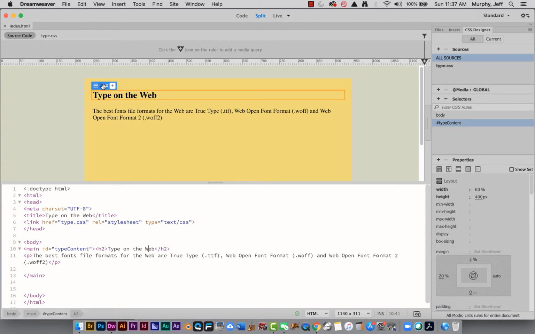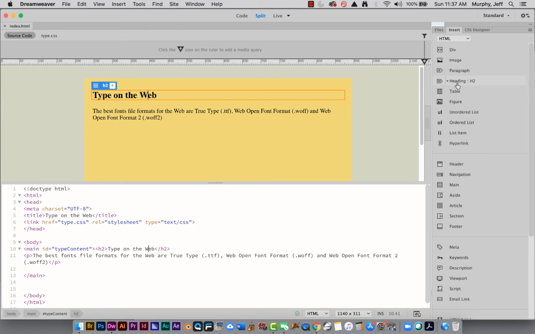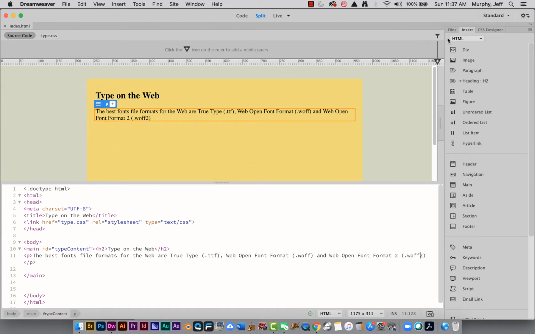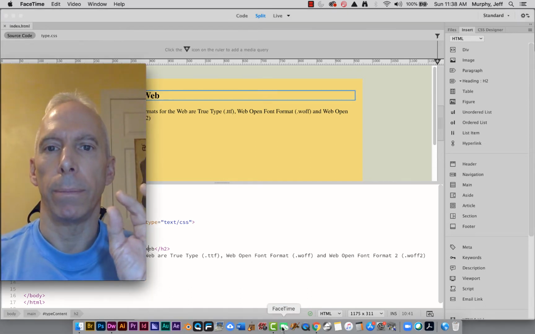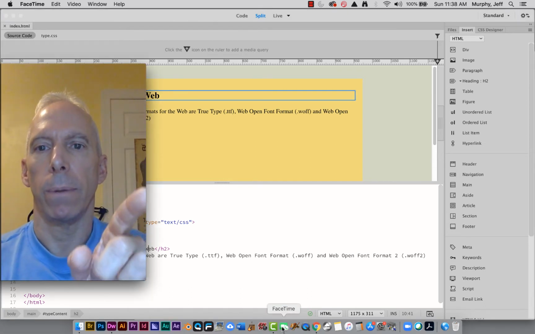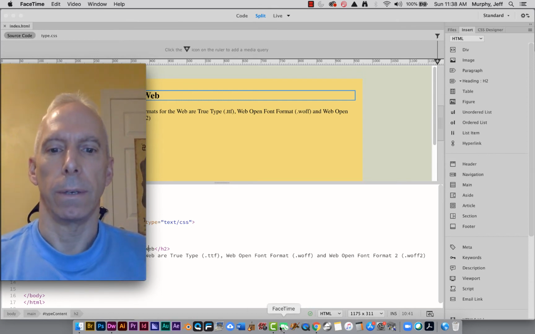Also, I have inserted a heading 2. It's marked up. It says H2, and I did that, of course, under the insert menu. Here's my headings. I have one from 6 predefined in here. And I also inserted a paragraph, also in the insert menu, paragraph. Okay, now the formatting you see are just what basically comes out of the box. It's what's predefined for an H2 and a paragraph. But we're going to go ahead and modify that, which I would always do. Also, and this is very important, I'm going to show you how you mix up your own class and apply a class to a very, very specific part of this paragraph. Okay, so